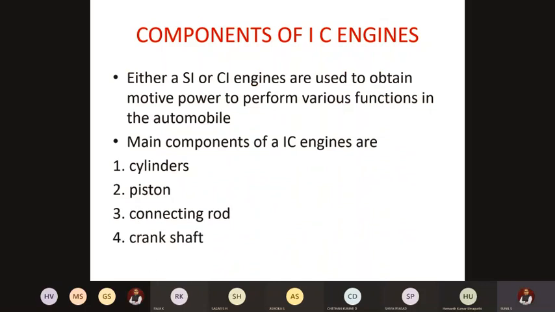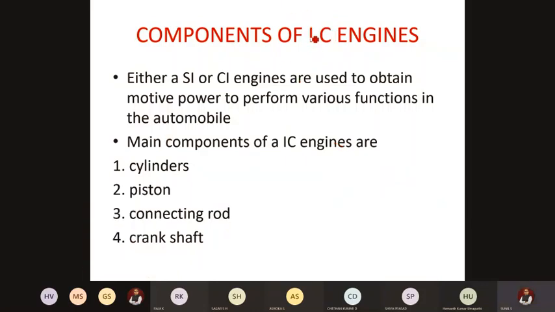Again, what is this word IC? IC means internal combustion engine. There are certain external combustion engines also. They were used in olden days, wherein combustion takes place in an outside cylinder and the power is supplied directly through a shaft. The fuel is burnt outside and the power is given to the engine. These EC engines were there in olden days, but now we only find IC engines because of their compactness. In steam generators or such cases, external combustion engines were used.